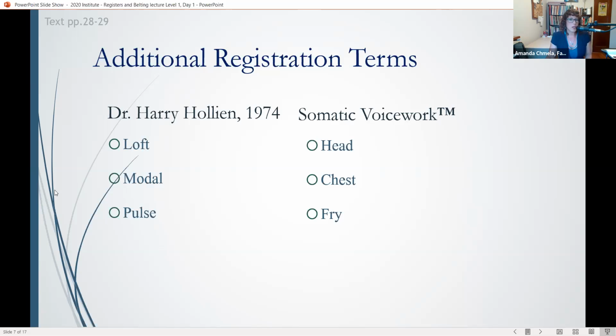The next term was modal. Now, Dr. Holeen said that this was normally used in speaking and singing, and it was their normal or regular sound. The problem with this is that depending on the person, they may not speak in just one register. A lot of women used to speak here and have this slightly more head-register-dominant sound. So this would be a totally different register than someone else that was speaking here. So we will talk about modal in terms of chest register. So that's that